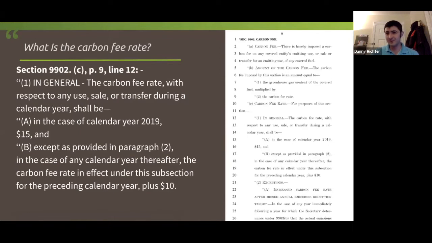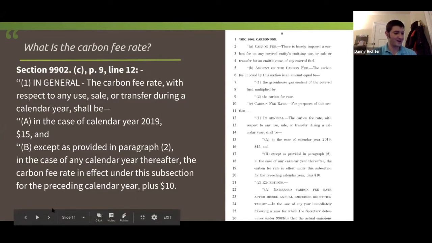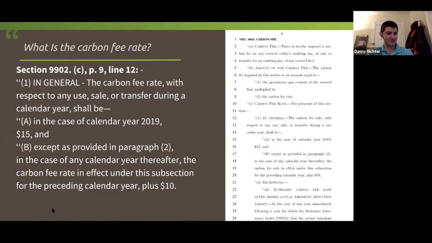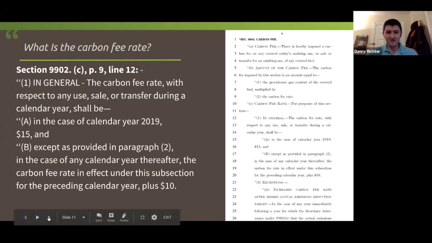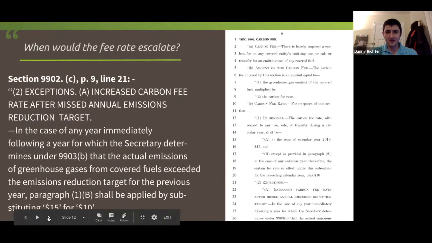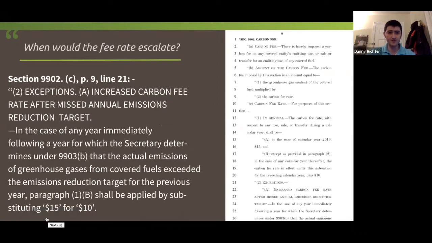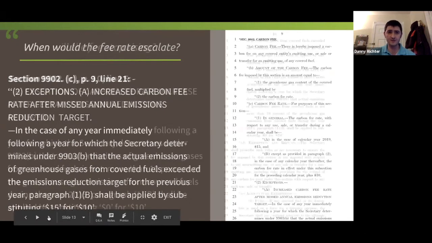So, if you signed up for a textual analysis of a bill, I expect that you're on board with this kind of detail. So I'm just going to operate under that assumption, and we're just going to keep on rolling. So that's the fee. This is the first exemption, and it makes it actually stronger, saying if we're not meeting those targets, this is what we call the environmental integrity mechanism. And so this is the environmental integrity mechanism.